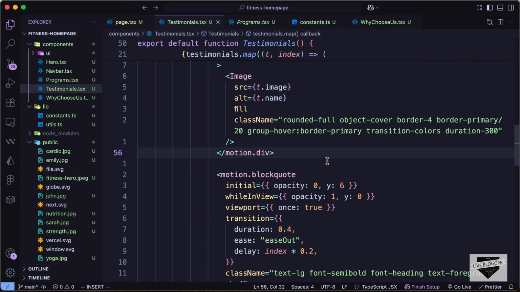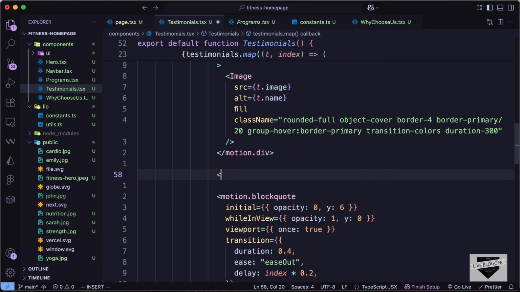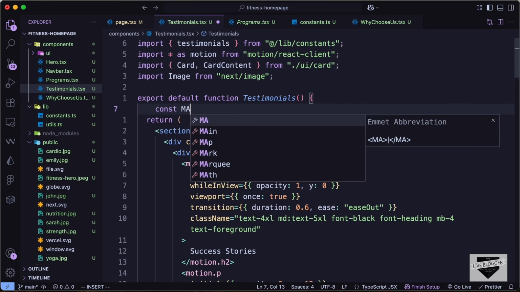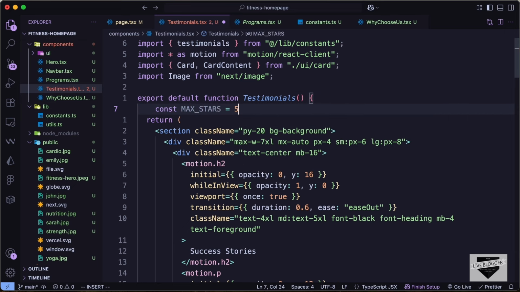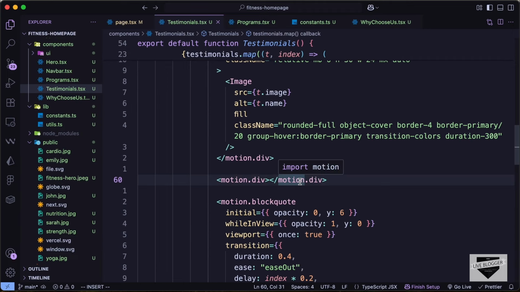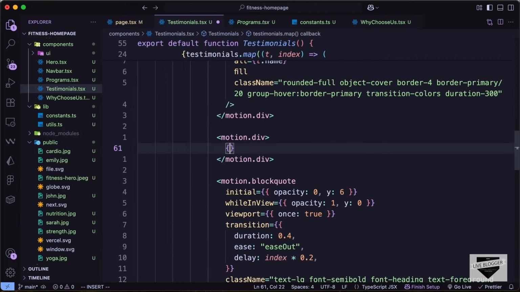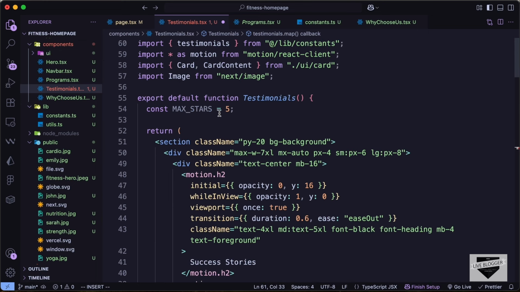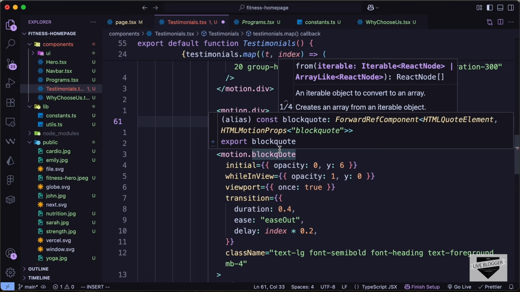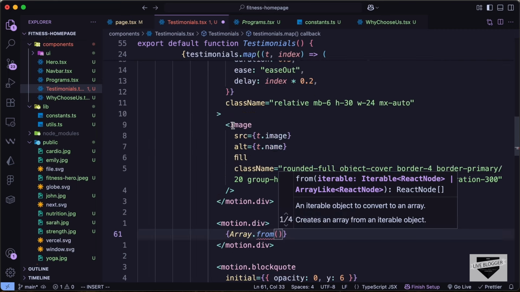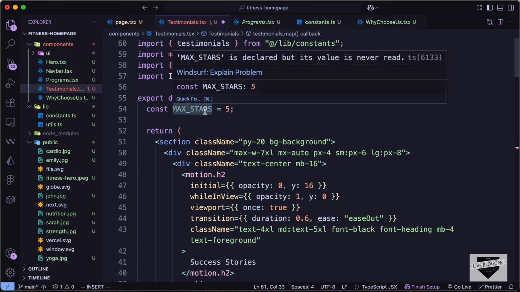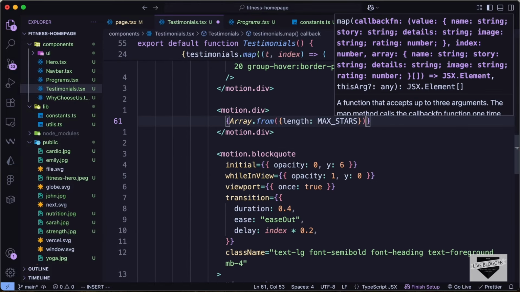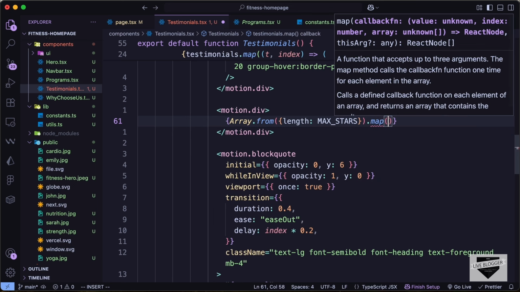So let's go outside the image div, and here let's create a motion.div, and at the top over here let's create a const called maxStars. Let's set it to 5. Let's scroll down, and now here what we need to do is type Array.from. So we need to create an array from this maxStars over here. So we need to have an array of a length of 5. So let's use this maxStars constant from here. So we can simply type length: maxStars, and then we need to type .map, and in this map